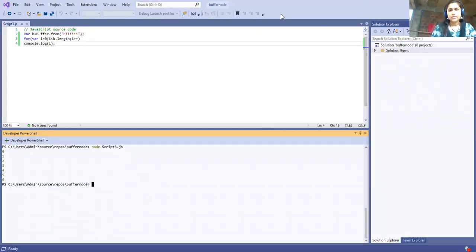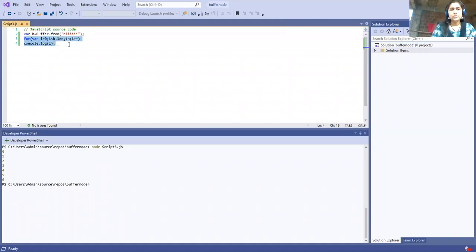So the next is how to create the buffer, or we can say how to operate with this buffer. Basically one more function for buffer is writing. Buffer.write is there. So how to use that? Here, instead of this from, I can write buffer.write.